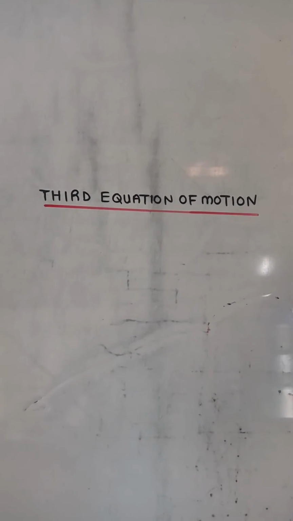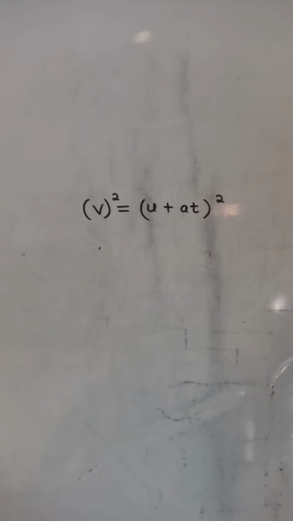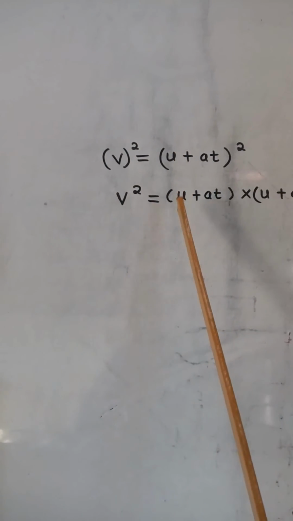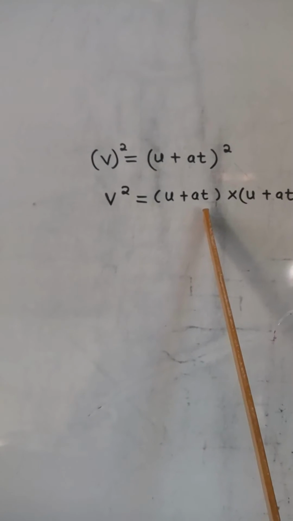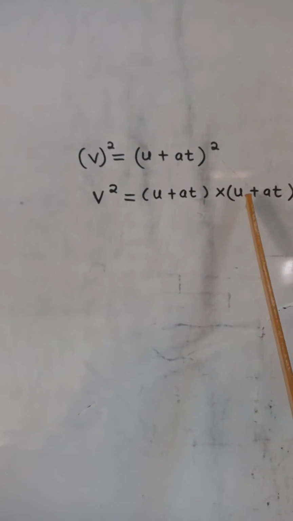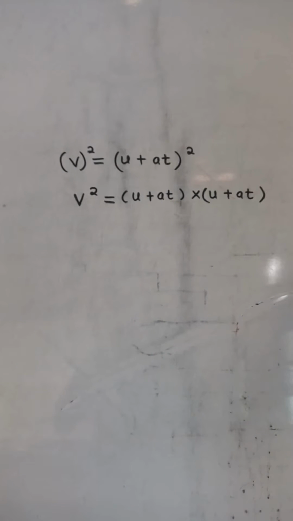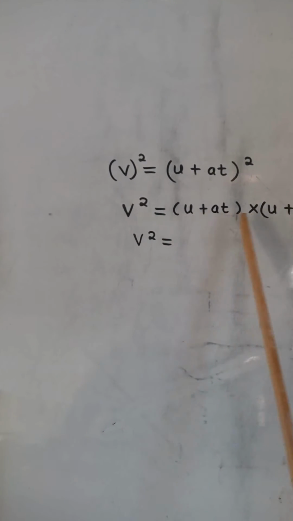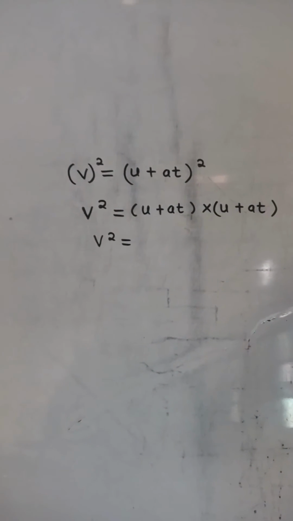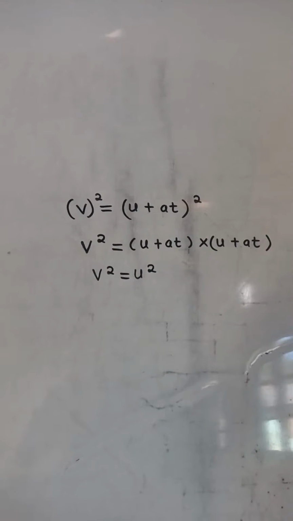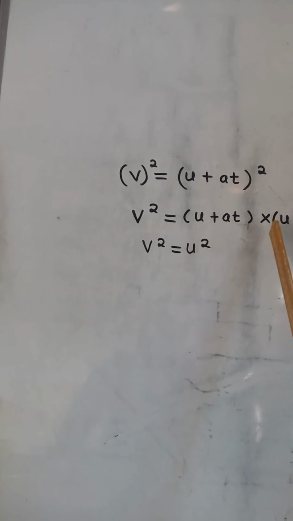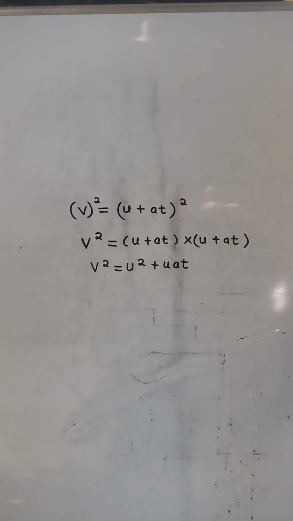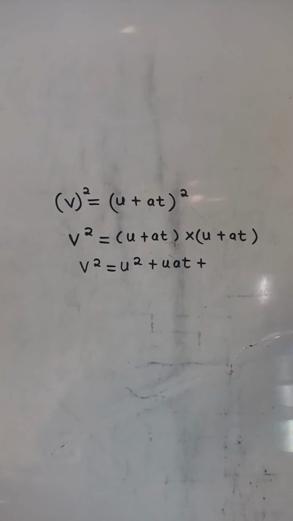Third equation of motion. By squaring the first equation of motion, final velocity square is equal to initial velocity plus acceleration time times initial velocity plus acceleration time. Final velocity square is equal to initial velocity times initial velocity is equal to initial velocity square. Initial velocity times acceleration time is equal to initial velocity acceleration time plus